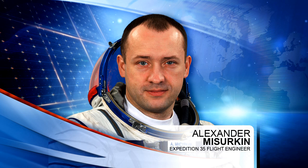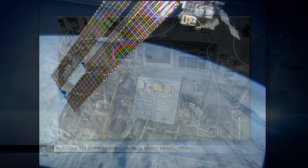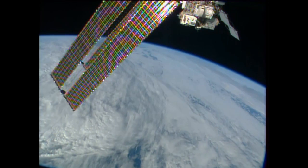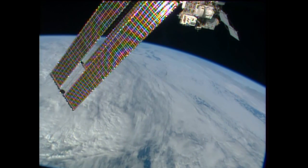In the morning, Vinogradov and Romanenko completed practice with the Toru system. They were simulating use of a remote control system to fly a Progress cargo vehicle, if that were to become necessary, during the Progress's docking, which is now scheduled to take place on Friday. They followed that with separate exercise sessions, as well as Russian systems maintenance. And after lunch, the two crew members had a tag up with Russian specialists to review the activities of Friday's